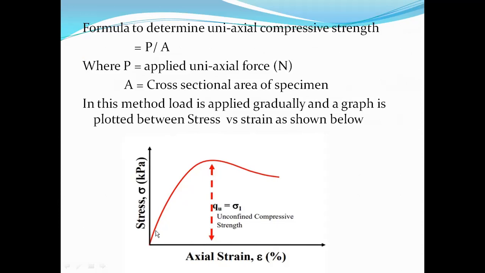So there will be gradually increasing stress, and it keeps on increasing. At this particular point, it has reached the maximum of its value, and later it fails. So this portion is called the unconfined compressive strength of the rock specimen, where there is a likelihood of failure of the specimen. So from this graph, we can determine the behavior of the rock mass under